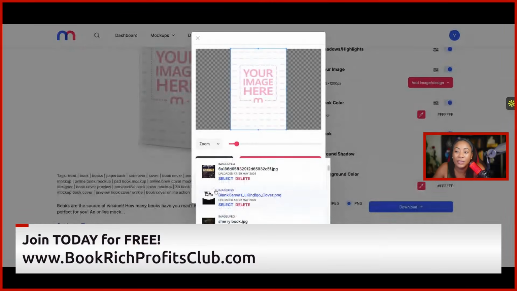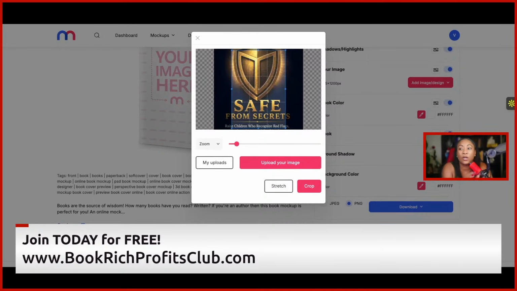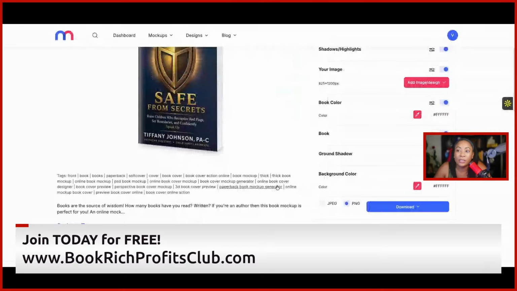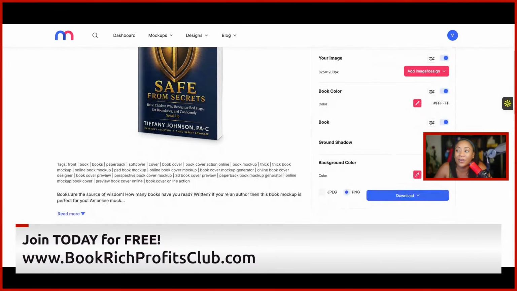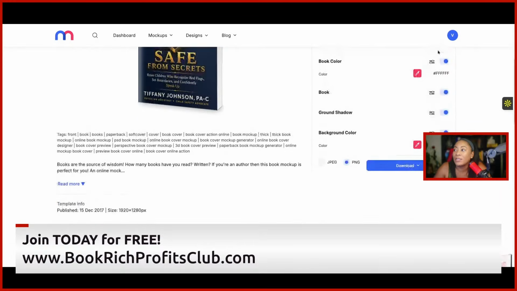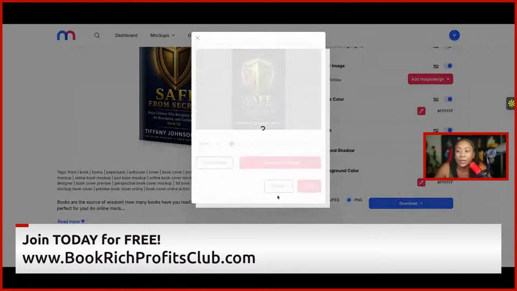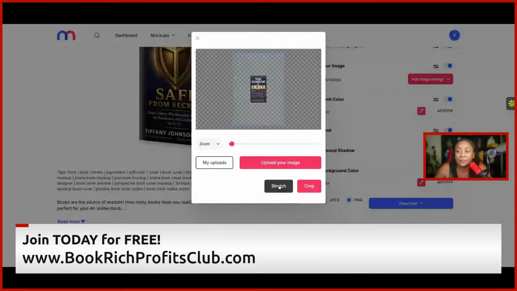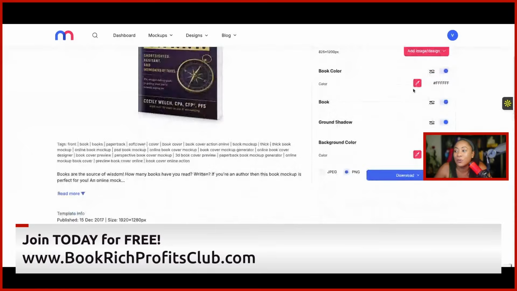So I actually use this, as y'all can see, look whose cover this is. I use this to make 3D images of books. I just like the way it does it. It does paperback books really nice. You can even go in here and search for hardback books. This is Tiffany, who just launched her book, and right here is a 3D image of it. And then we have a 3D image, I think, because we have been working on their capture pages. Here is Cecily. Look at Cecily's cover, right? I love using this for 3D images.